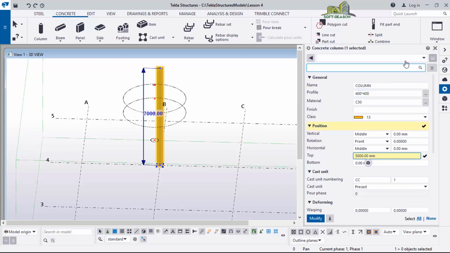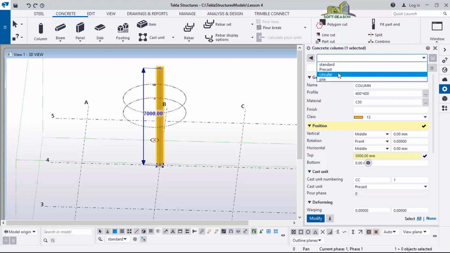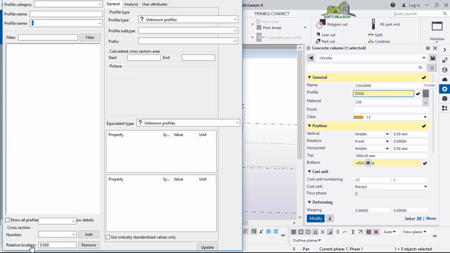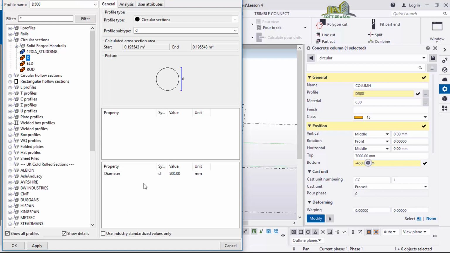Then come to this place. I need a circular column, so I'll select this one, and for the circular column I need a diameter. I click on the profile to change the diameter. For the circular column I need a diameter of 250, so I will type 250, click on apply, and then okay.